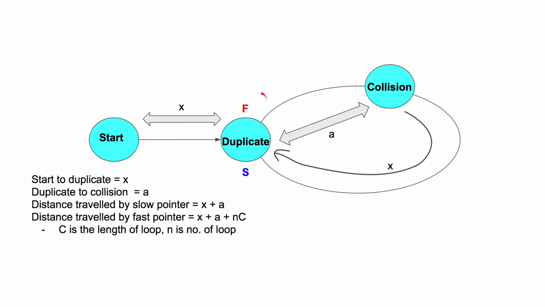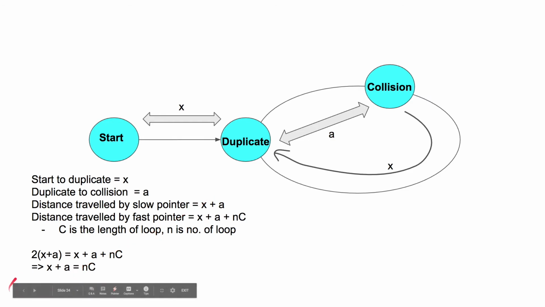Similarly, we know that the fast pointer was taking 2 steps while the slow pointer was taking 1 step. That means the distance traveled by the fast pointer is double of this distance, which is 2 of x plus a, right? That means we can say 2 of x plus a is equal to x plus a plus nc, which we have calculated earlier, right? That distance traveled by fast pointer was x plus a plus nc, right? So we can come up with this equation,